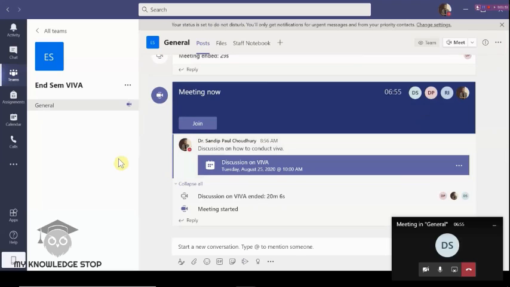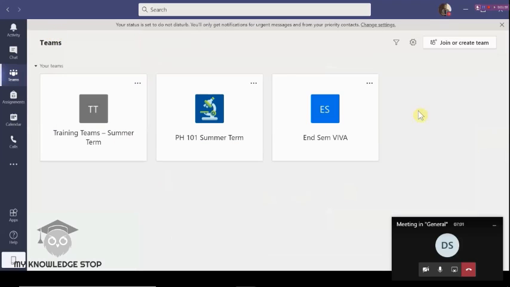and once I log into Microsoft Teams and have this particular screen, what I can do is go to All teams here. Once I click All teams, I can create a new team here, join or create a team. For our purpose, we basically have to make teams from our individual IDs. Like, for example, me.